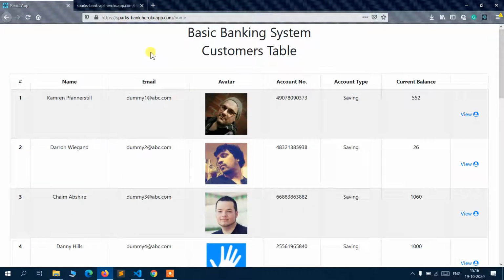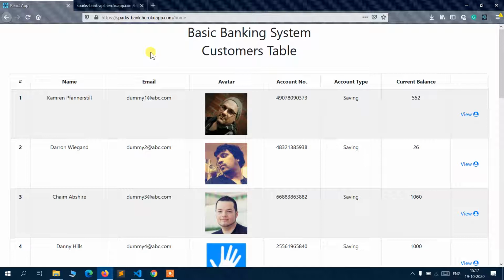In the UI part, the first page is the home page, where you can see a list of all the customers that exist in the banking system. This list of users contains an anchor tag link, which will take you to the individual customer, from where you can initiate the transfer by giving the details of the transaction.